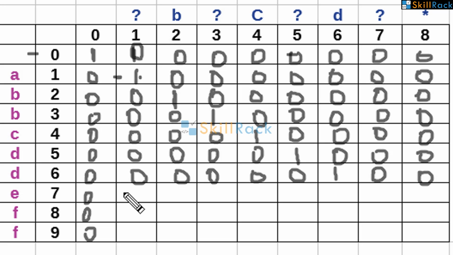So 0. Now we come to E, right? E and question mark, can it match but the previous match is 0. So 0. B and D not matching. Question mark and D, it can match but the previous match is 0. So 0. C and D not matching 0. Question mark and D, it can match but the previous match is 0. So 0. D and E not matching 0.